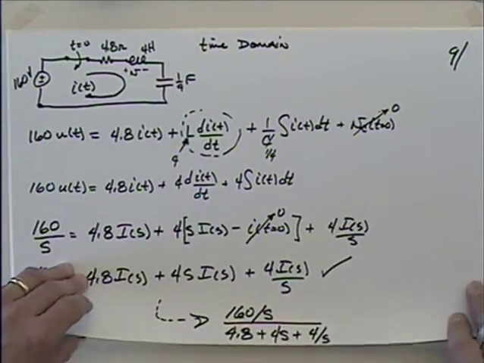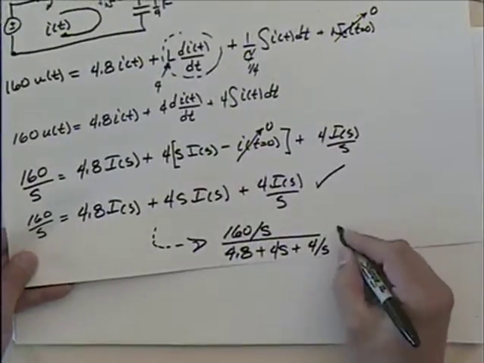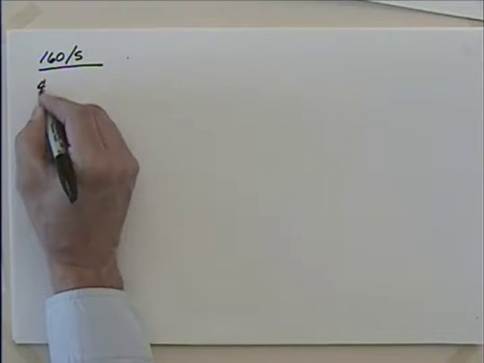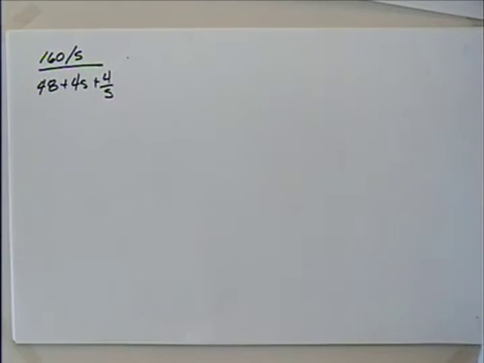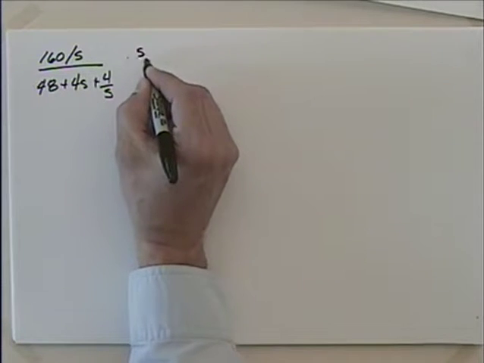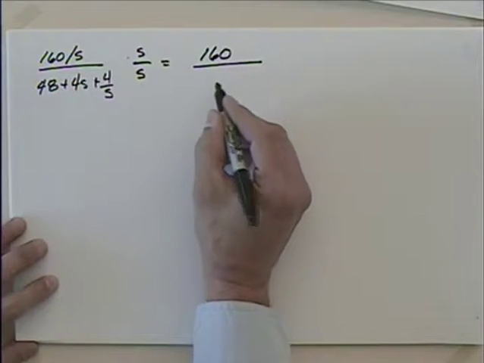So let's see if we can do the inverse Laplace transform. So let me take that thing. We've got the same expression whether we use it from here or this is written a little neater. We'll use it from there. So how can I get that looking like something that I've seen before? Maybe I'll multiply top and bottom by s. So what's that give me? 160 divided by 4